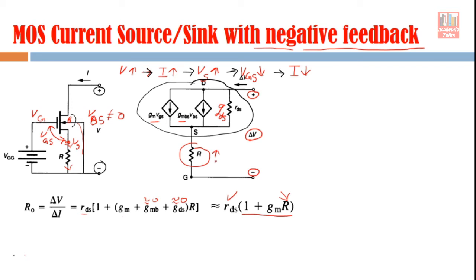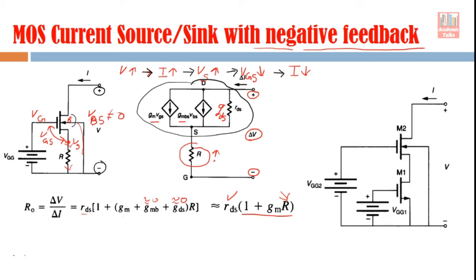But if we fabricate a very high value of resistance using the diffused resistor technique, which is the traditional and normal technique for fabrication of resistors, that technique occupies a large surface area, and in integrated circuits we want to reduce the use of surface area. So we implement resistors using active resistors, or you can say we use a MOSFET as a resistor. That implementation is done something like this.